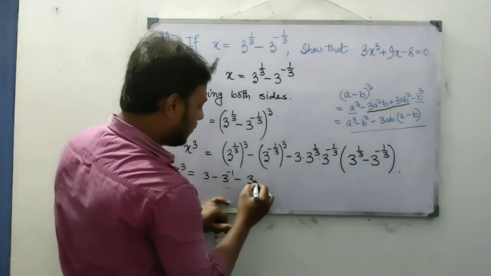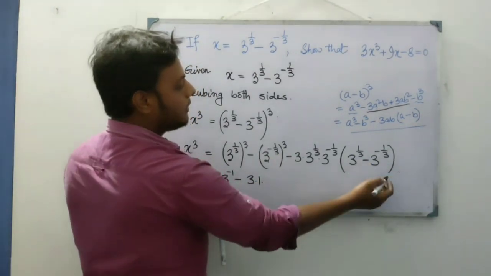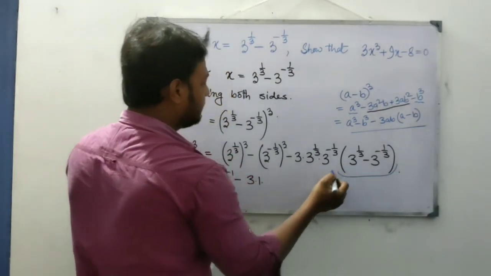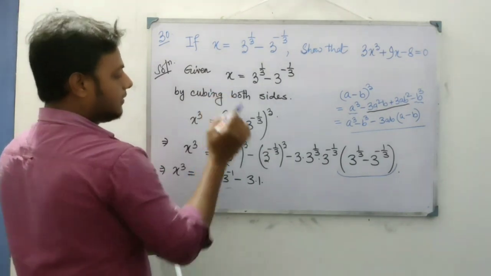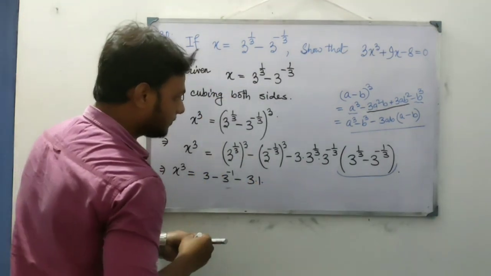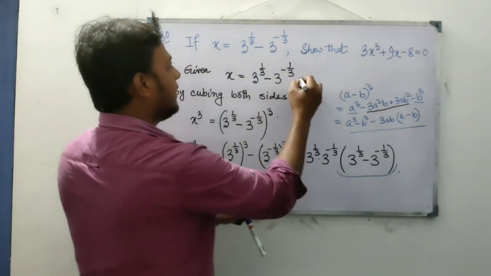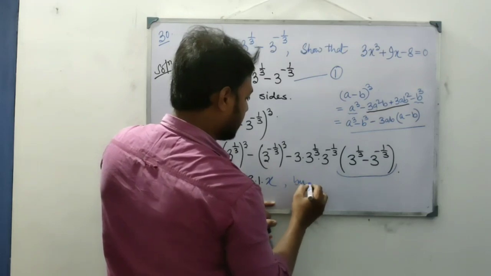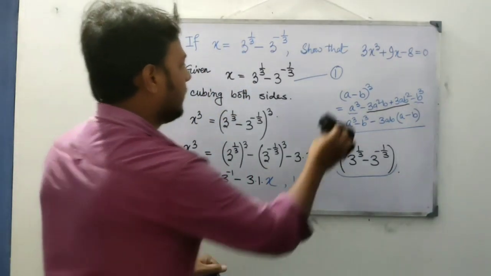3 to the power 0 is 1. So 3 into 1. And in the place of 3 to the power 1 by 3 minus 3 to the power minus 1 by 3, we can use x since it is given. So we write here x and mark it as 1. Understood? Next,